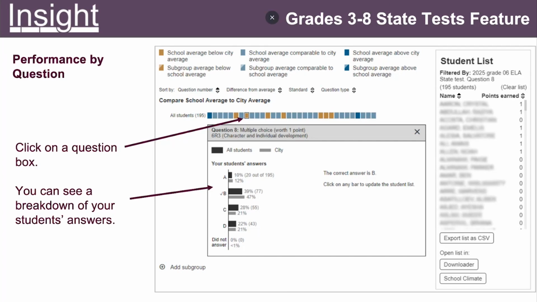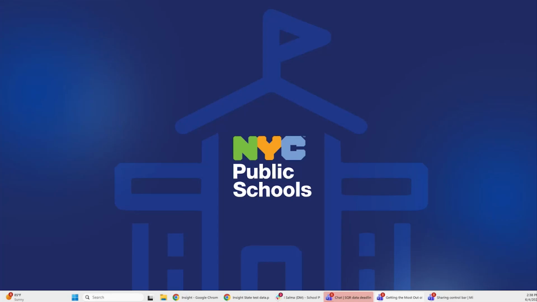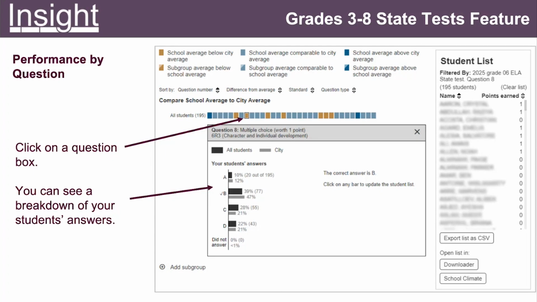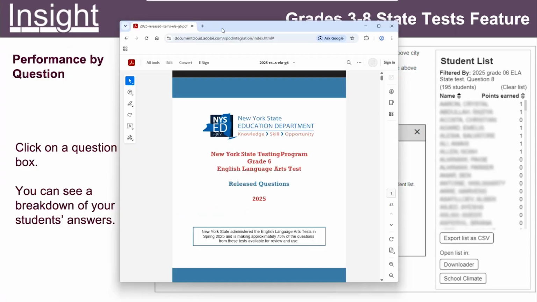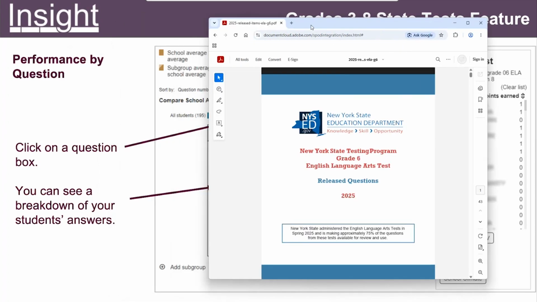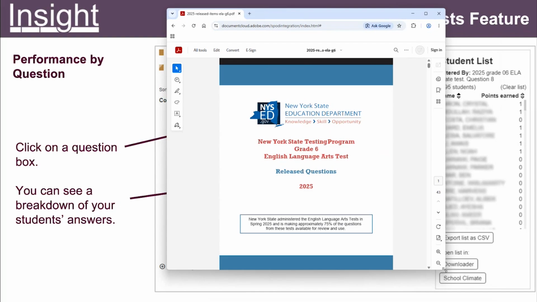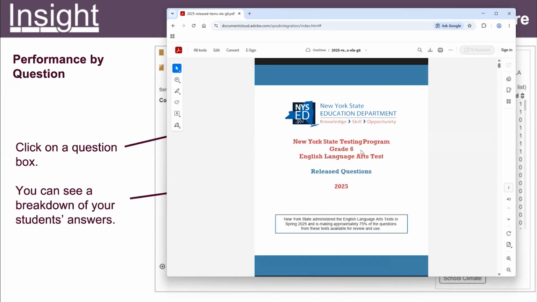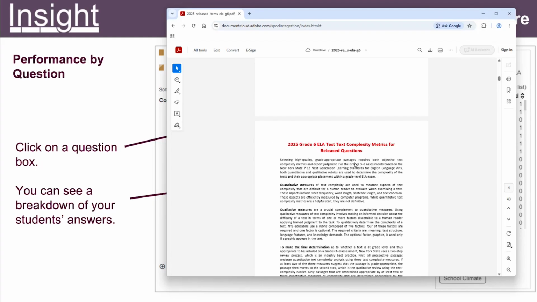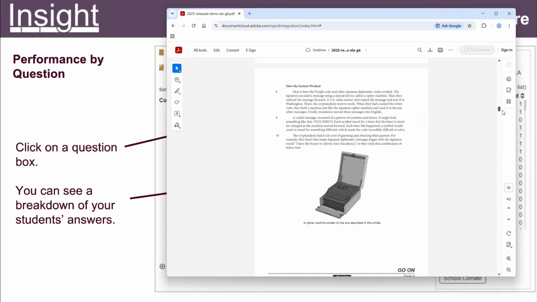And I think this is when, for example, if you click on the PDF link, it will actually give you the question from the state. So you can scroll on the information and see, okay, what is question number 8? Can you guys see my screen? I just dragged a PDF. So you can open this. This is the PDF you will get if you click on the link. It helped me filter to the 6th grade ELA 2025, and you can scroll to question number 8.